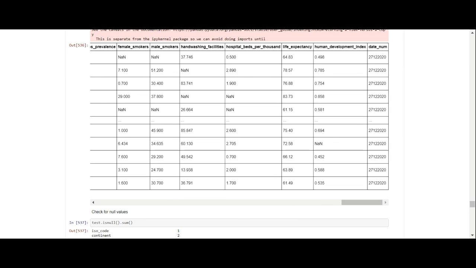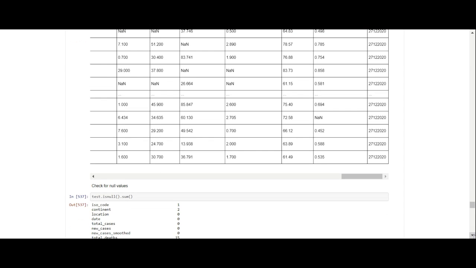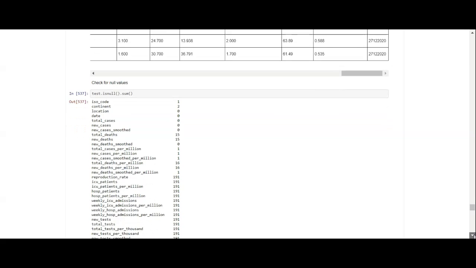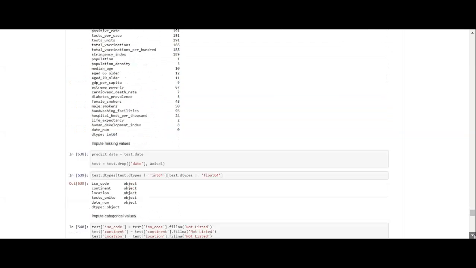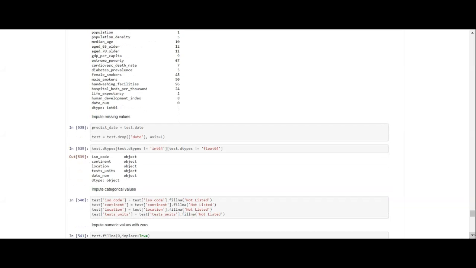So again, it's 27 December 2020, but it's converted to a number. Now we want to check for any null values in the test set, and you can see that there are quite a few null values that have to be imputed. So we're going to impute the missing values.